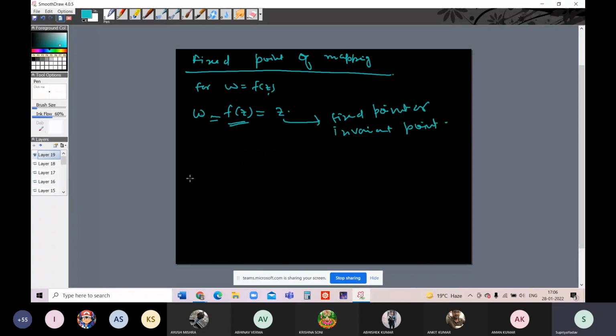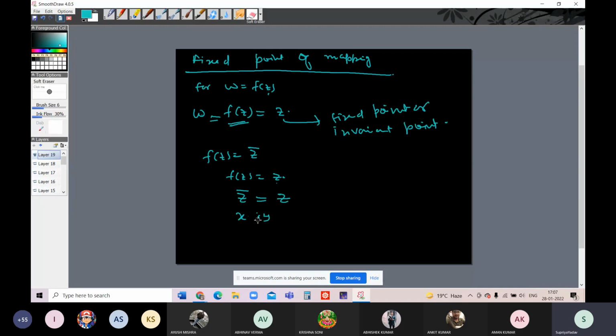Suppose we have a map F(Z) = Z bar. So what will its fixed points be? We have to find a Z for which F(Z) is equal to Z. We have to solve this equation. So this will give you Z bar equal to Z, and Z bar equal to Z means x plus